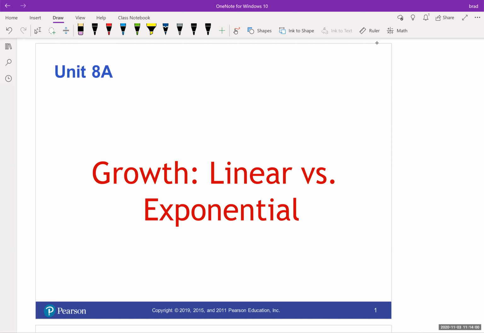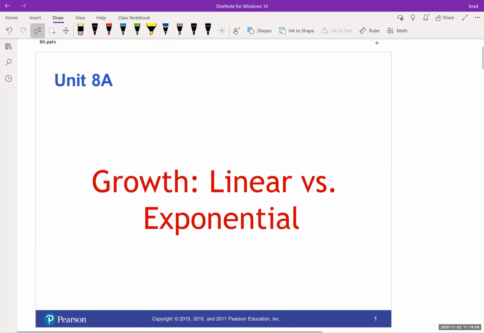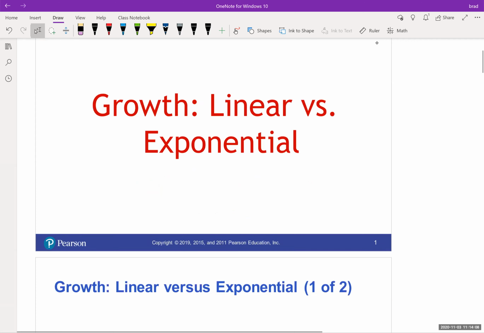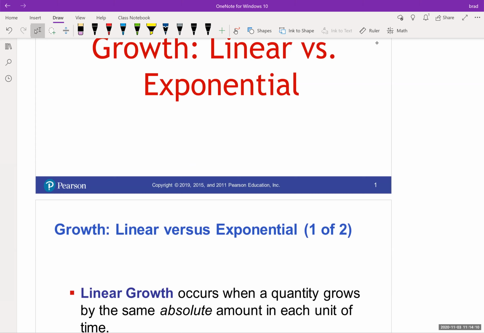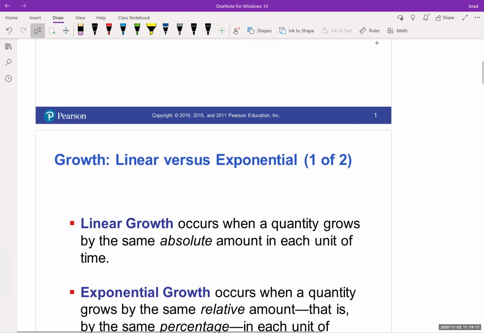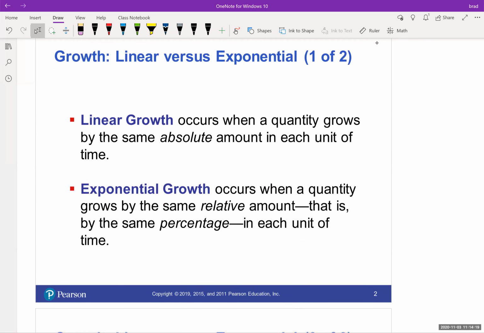So unit 8A is growth of linear versus exponential. Basically, this is just a background section on how to identify linear versus exponential growth. Almost everything that we know about population growth is almost always exponential. I guess it could grow linearly, but most of the stuff we talk about grows in some kind of exponential form for populations. But anyway,